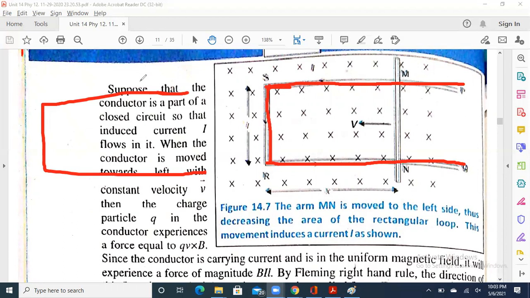And above it, we can move a stick. This NM is a stick. एक छड़ी सी है, लेकिन ये लकड़ी की छड़ी नहीं है. This is made of a conductor, either of iron or gold or any other material which can conduct electricity. ये इसके ऊपर हम left right पे slip कराते हैं.